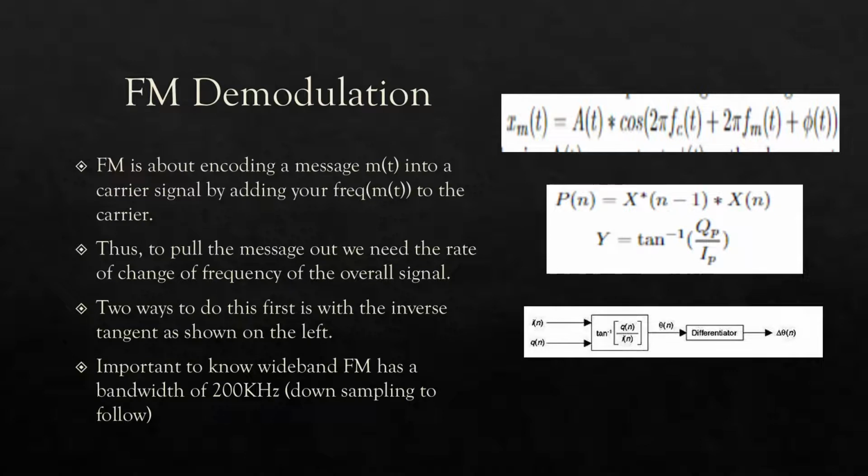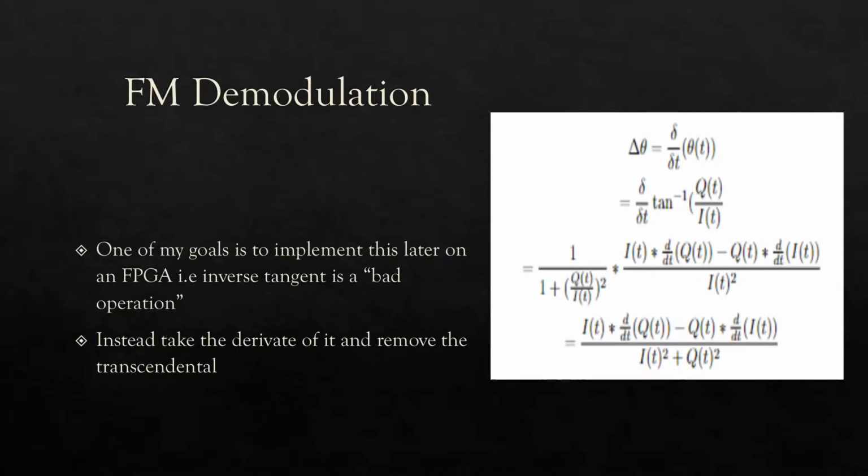Now, there's a paper I got this from. This method was complicated because it uses the inverse tangent operation. In the future, I want to implement my radio on an FPGA, so I wanted to avoid it. So with some complex DSP operations, you just take the derivative of that inverse tangent function, and you end up with this big mess. It's still really complicated, but